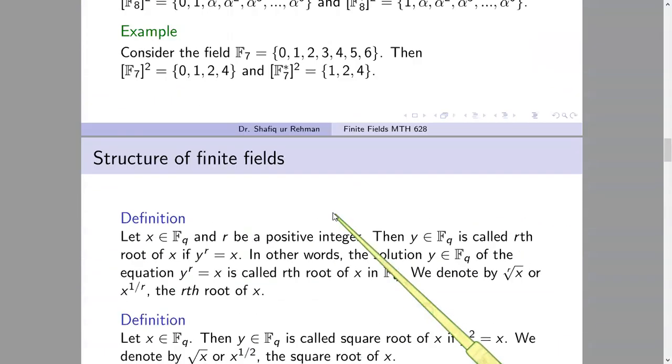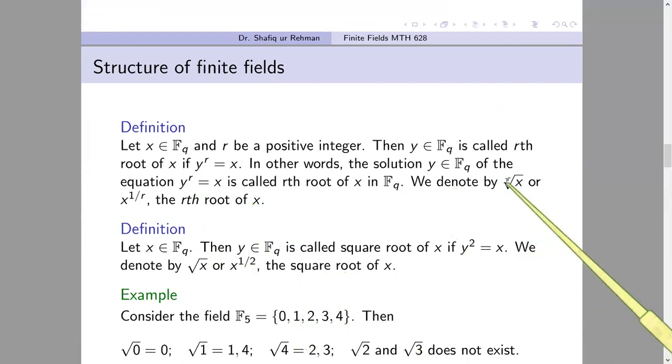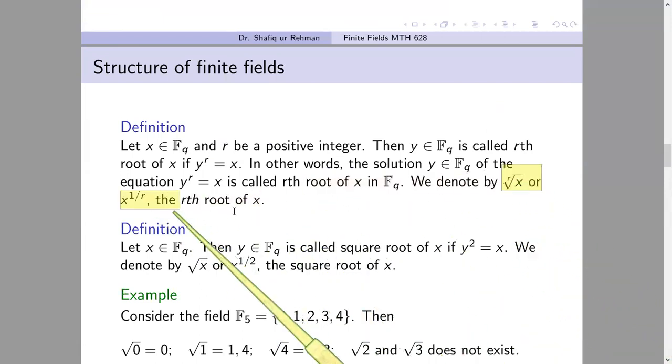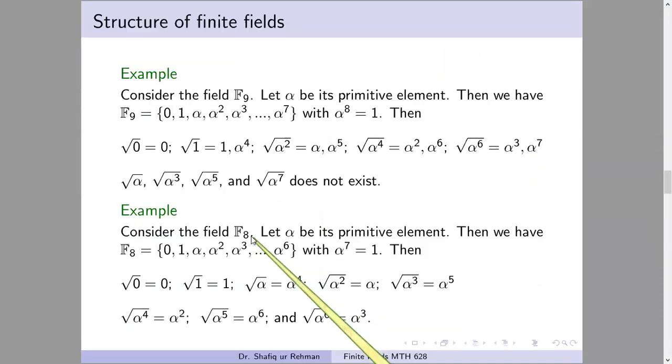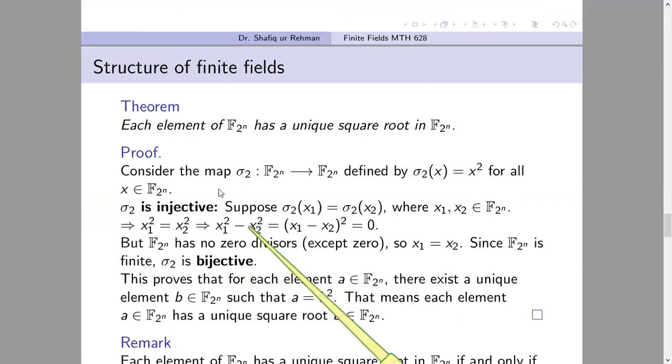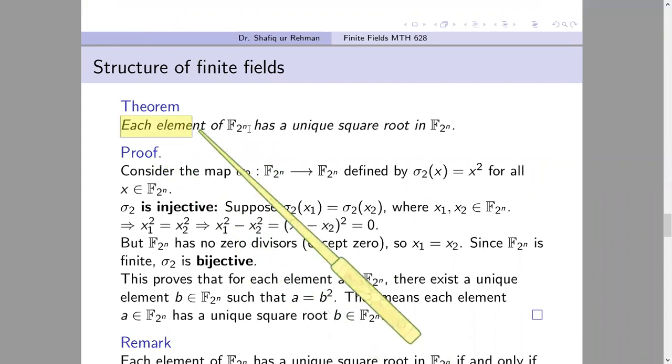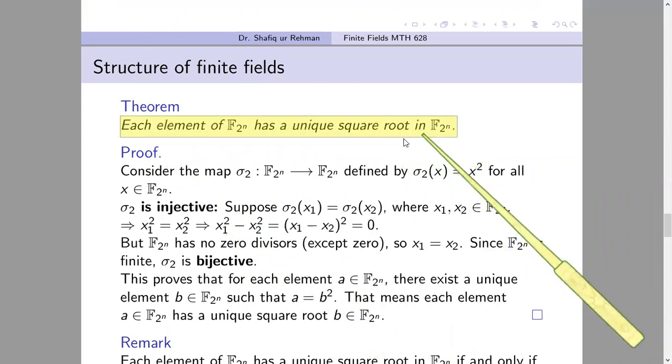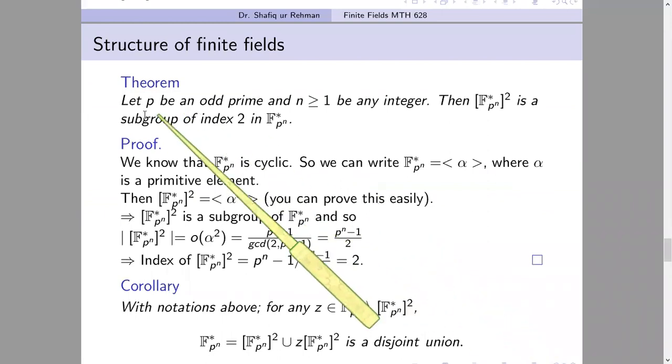स्क्वायर रूट जो है यहाँ पे, वो यूनिक नहीं होगा। सम टाइम वो किसी एलिमेंट के लिए एग्जिस्ट ही ना करे, और किसी के लिए यूनिक हो, किसी के लिए एक से ज्यादा हो। तो हमने जनरल देखा कि अगर फील्ड लेते हैं हम करेक्टरिस्टिक 2 वाला, तो इस फील्ड में हर एलिमेंट का स्क्वायर रूट एग्जिस्ट करेगा और वो यूनिक होगा। लेकिन अगर हम ले लेते हैं प्राइम ऑड ऑर्डर वाला फील्ड,